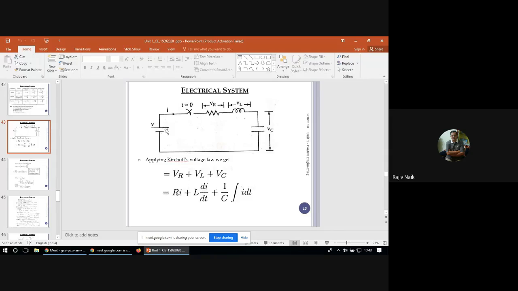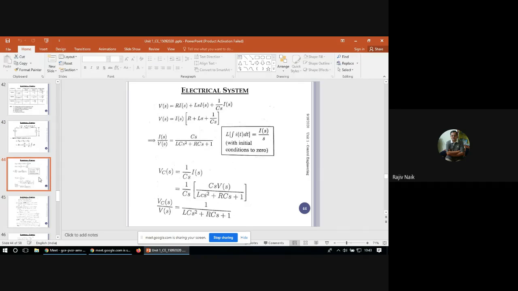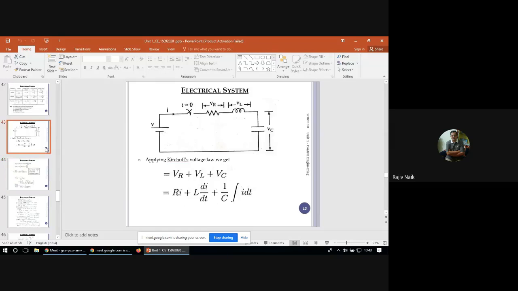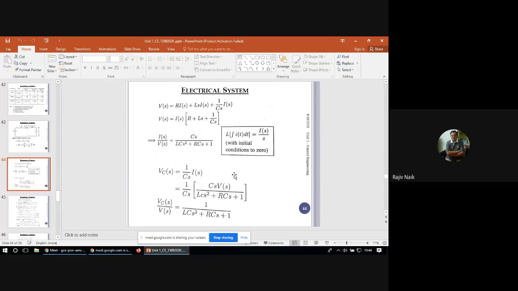So first, what we have seen is that we found the transfer function with current I as the output, that is I divided by the supply voltage. That is the output we have taken. But here he has taken the output as VC, that is the voltage drop across the capacitor. So he has written one more equation: voltage drop across the capacitor VC as 1 upon C integration of I.